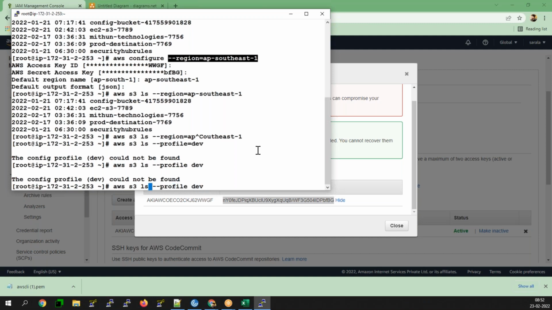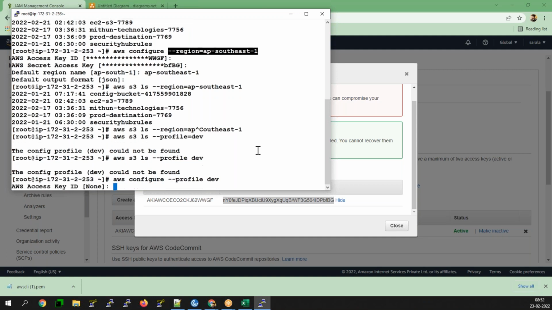You can configure it with aws configure for dev, and similarly you can configure QA and prod as well. If I want to export a specific profile, how can I export?